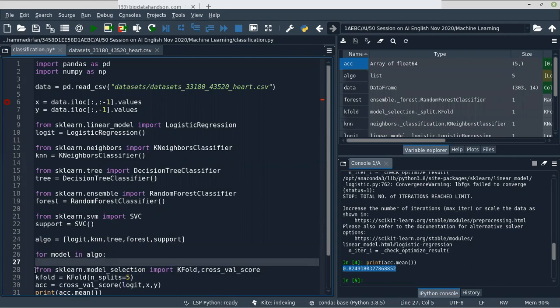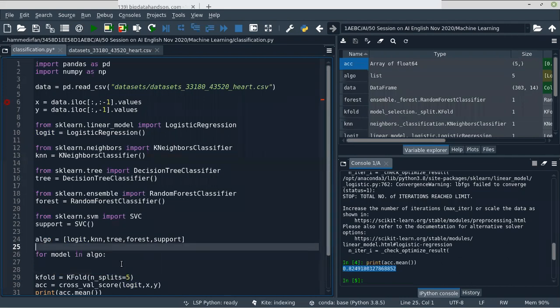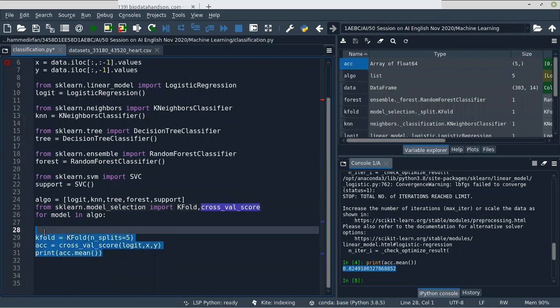Okay, we'll copy and paste it here. It comes inside the for loop,